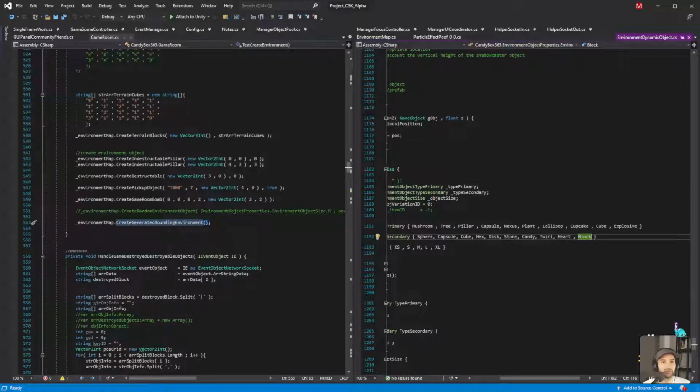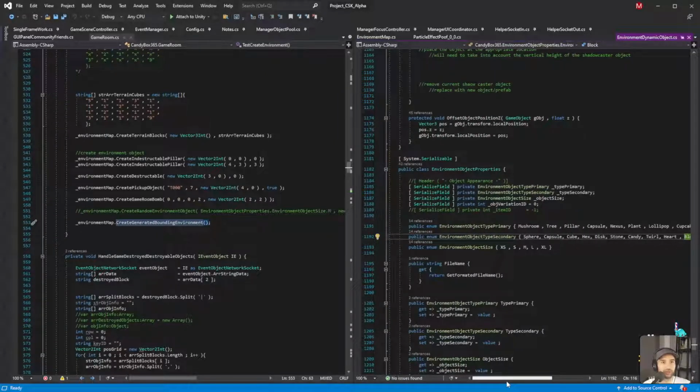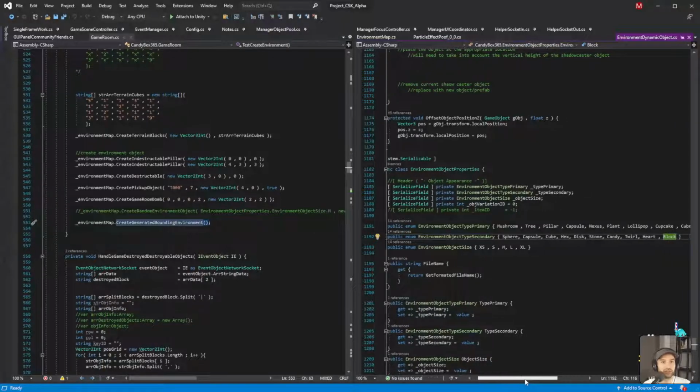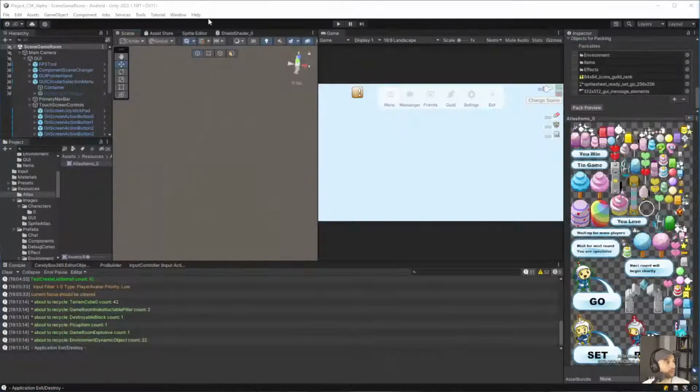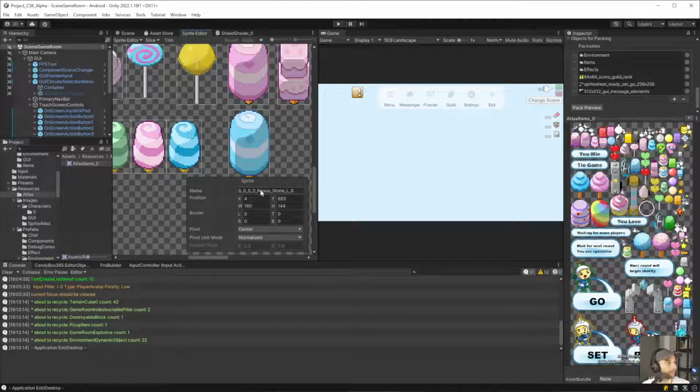I wish I would have used the other way of these enums. It's better to define the ID of the enum. I find it more useful. I don't know, maybe it's just me. Okay, so, whoops, not there. What I want to do is add, what did we call it? Round cone.